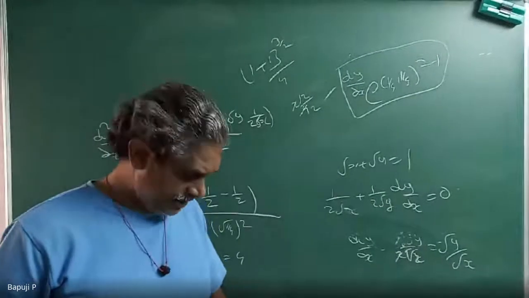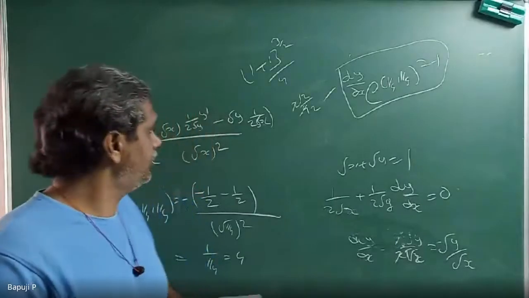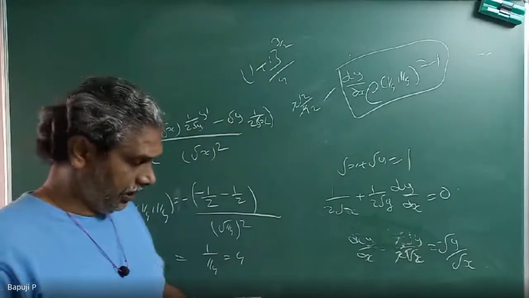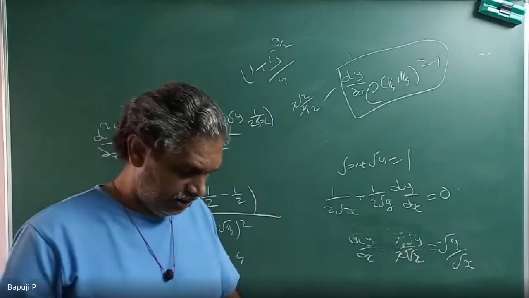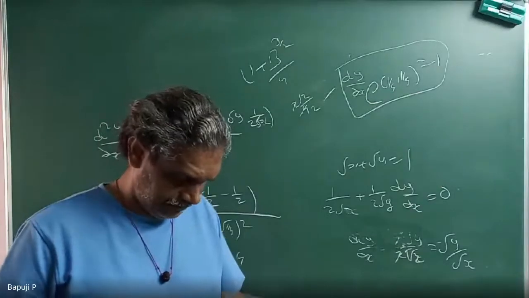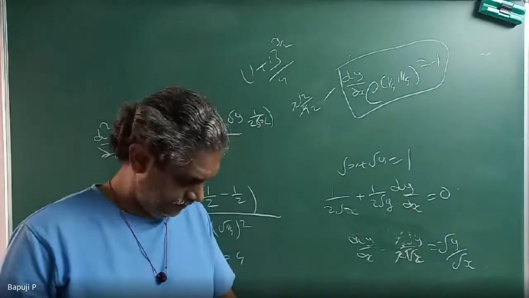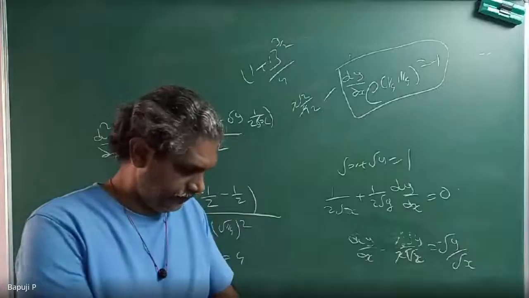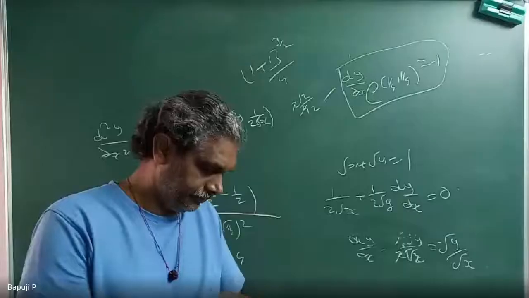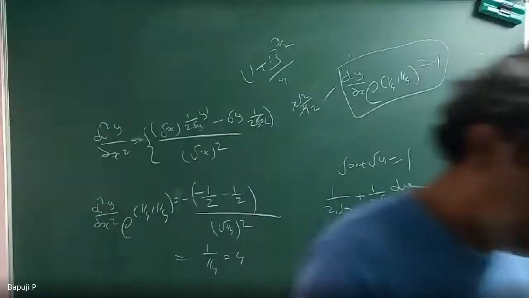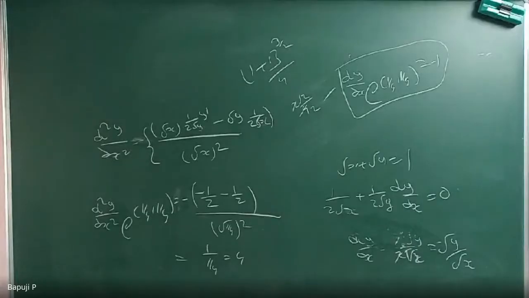In the last class we got the problem root x plus root y is equal to 1 at 1/4, 1/4. What is the answer we got? By root 2. What is the answer? 2 by root 2. No, 1 by root 2, I think so. Yes, sir.